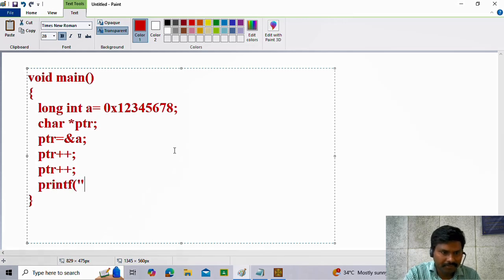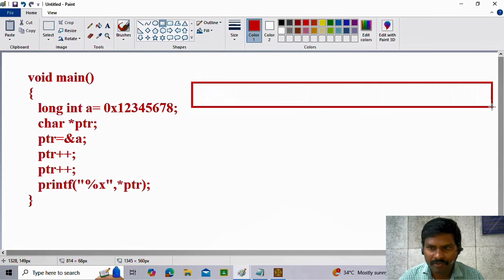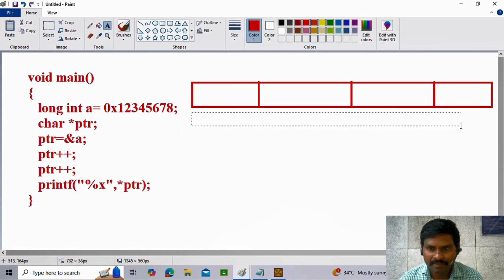Same printf percentage x for hexadecimal form, asterisk ptr. The size of long int is 8 bytes, so the memory is allocated for 8 bytes. Here I am taking this one as the first byte, this one is the second byte, this one is the third, this one is the fourth. Here I am taking the addresses